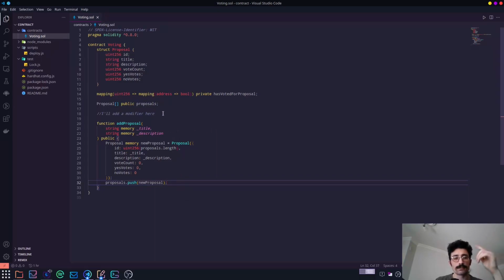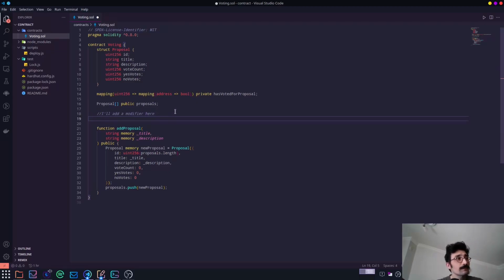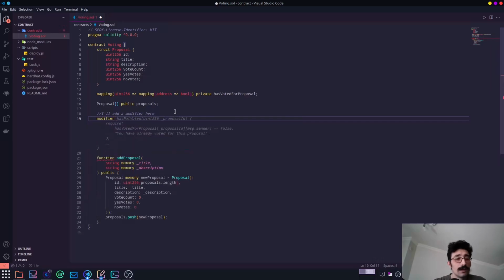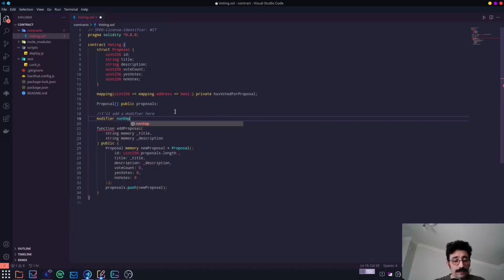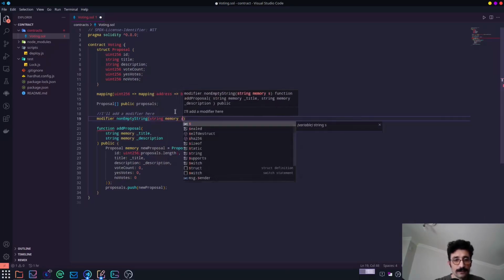Now, as you see, I said I will add a modifier here. Modifiers are like, it's going to check on a condition. It's like if-else statements, but very useful. It will check whether the strings are empty or not. Let's see, modifier non-empty string memory. Sorry,